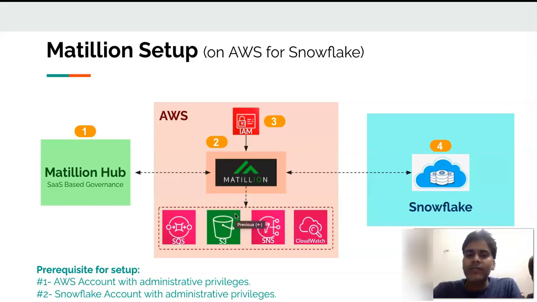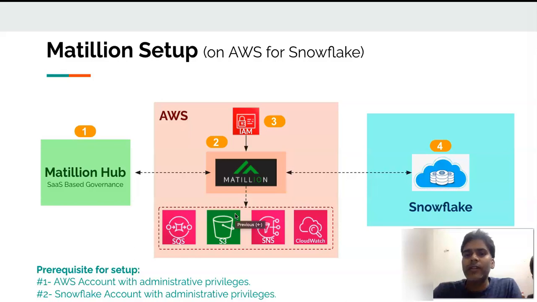All of these privileges we package as an IAM policy, and we attach the IAM policy to either the AWS IAM role or the AWS user whose credential will be used within the Matillion instance. We will have a separate video on setting up these AWS required privileges so that they can be used within Matillion in creating the project.